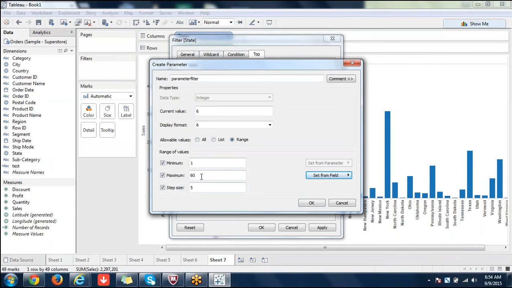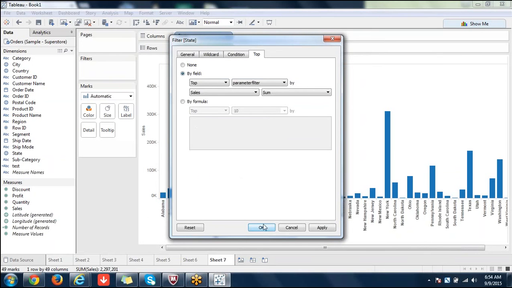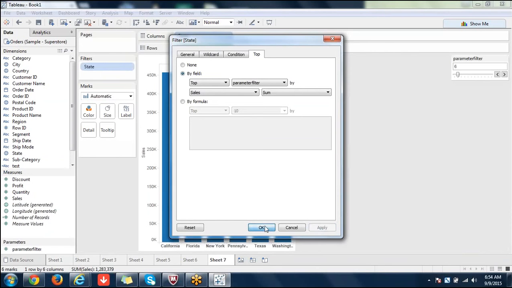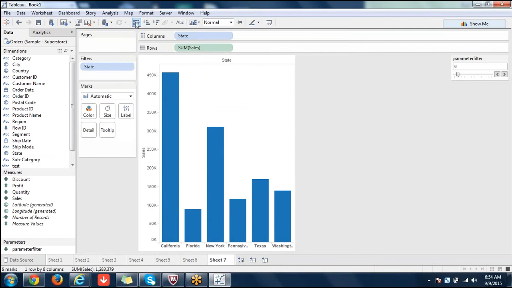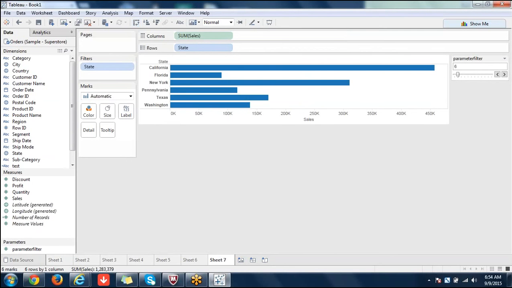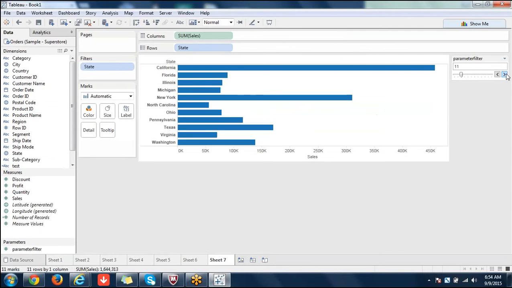Okay, so as soon as I click OK, I'm saying apply filter. That means now top 10, top 5 such things are dynamic. By default, it's 6. Now if I increase it, as step size is 5, it will go to 11.